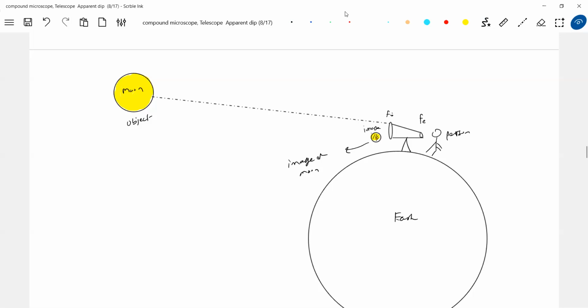What is the dimension of the moon you see? Around 1 or 2 centimeters. Take a scale and hold it like this. Then what is the diameter of the moon you can measure from your viewing angle? So 1 or 2 centimeters. The telescope will form an image of the moon of order diameter 6 to 10 centimeters. It all depends upon the shape of the telescope.